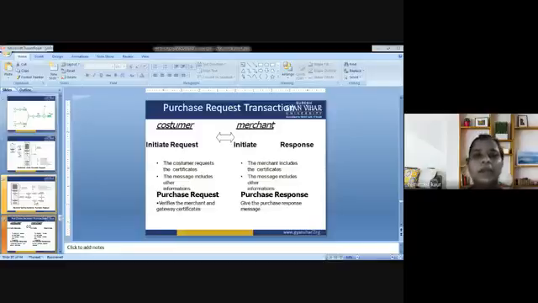9 steps are there. First is the customer browses the website and decides on what to purchase. Like if I am a customer and I want to do online shopping, so what could be my procedure? I am supposed to avail the internet first, and I am supposed to browse the internet. After browsing the internet or after browsing the particular shopping website, I will decide what I should purchase.